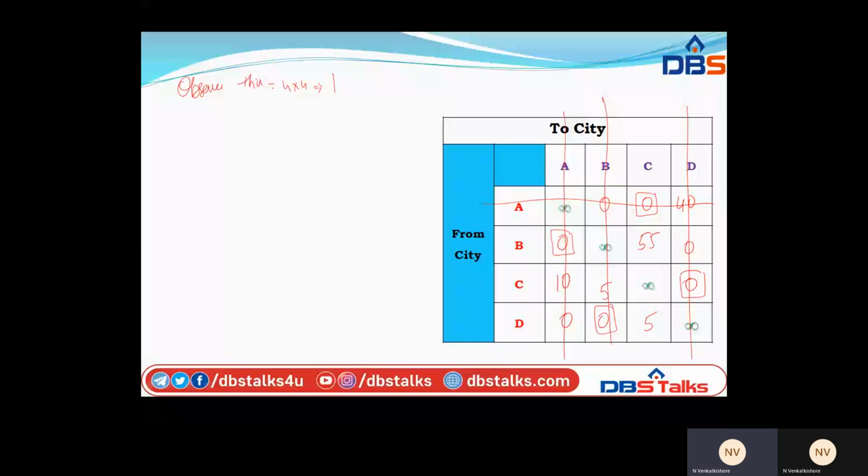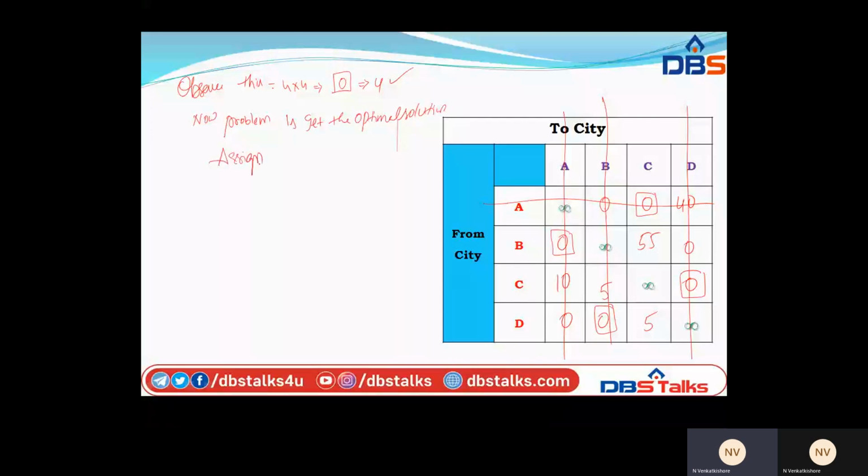So now the problem is to get the optimal solution. Up to now we have done the assignment model only, the assignment problem.